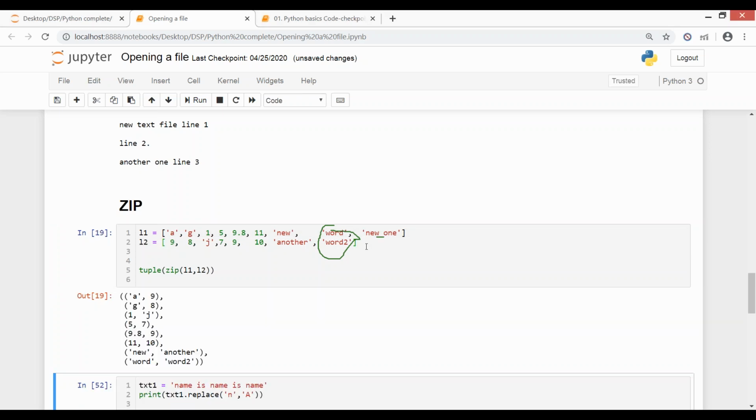So when I run this command, I won't get any result for new one. You see, there is no result. So only as long as the lengths of your lists match can you zip fully. If there is a mismatch in length, that won't happen, because there is no respective value for new one in list L2. If there were, it would be clubbed with it, but since there is none, it isn't. Say N2 I'm giving here.